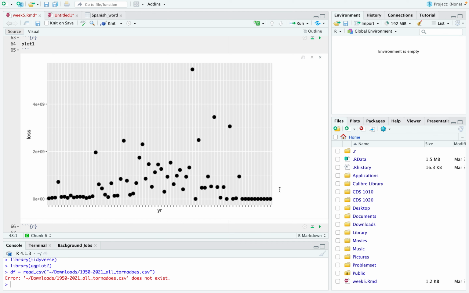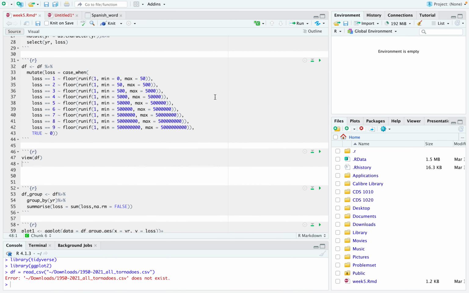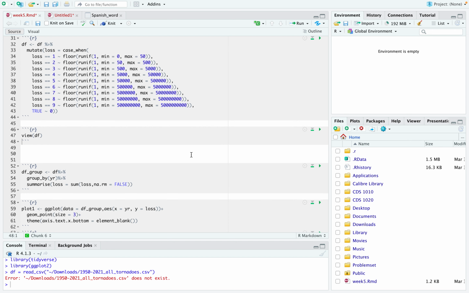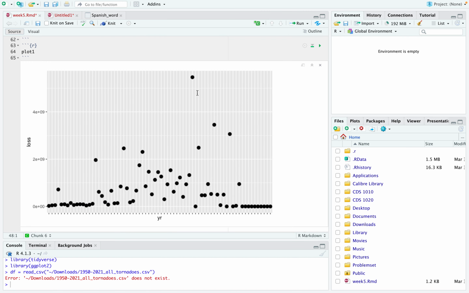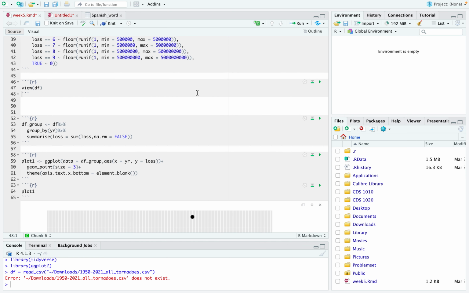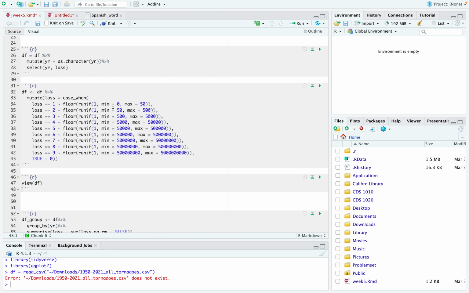The problem with this is that since it's highly randomly generated, if you have a 2 or 8 in some year, or even a 9 like this year, it's very random. If you run this program again, it will have a totally different graph. The problem is I did not scale all these numbers, or maybe using a log would have been more useful, but the problem is